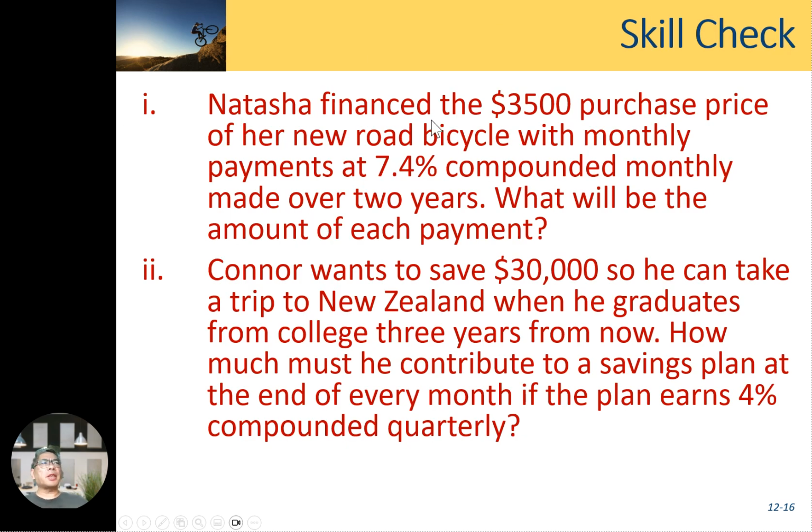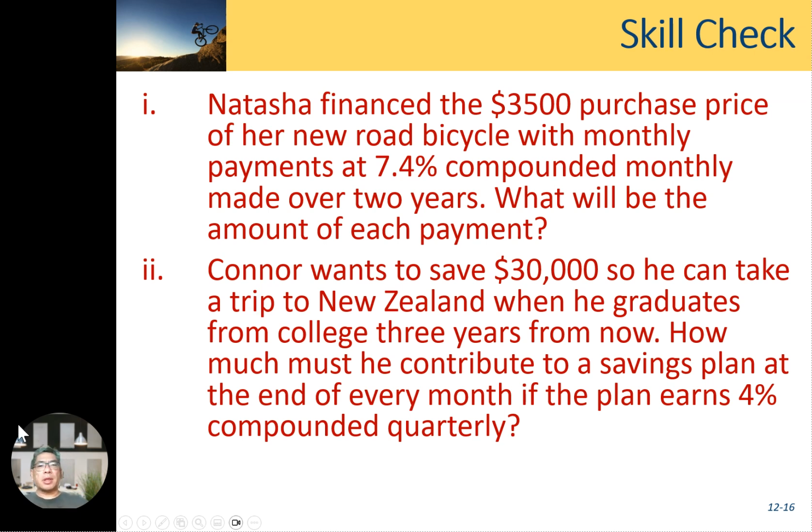Natasha financed the $3,500 purchase price of her new road bicycle with monthly payments at 7.5% compounded monthly, made over 2 years. What will be the amount of each payment? Okay. Number 2, Kano wants to save $30,000 so he can take a trip to New Zealand when he graduates from college 3 years from now. How much must he contribute to a savings plan at the end of every month if the plan earns 4% compounded quarterly? So pause a moment, as you're going to use the same kind of logic given to you before